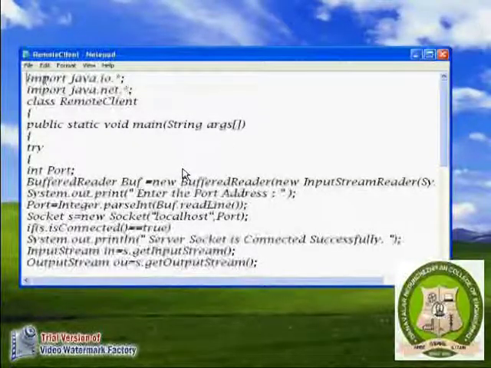Exercise 1C, implementation of remote command execution using TCP. Here first we have to create the client program and server program. Go to the notepad